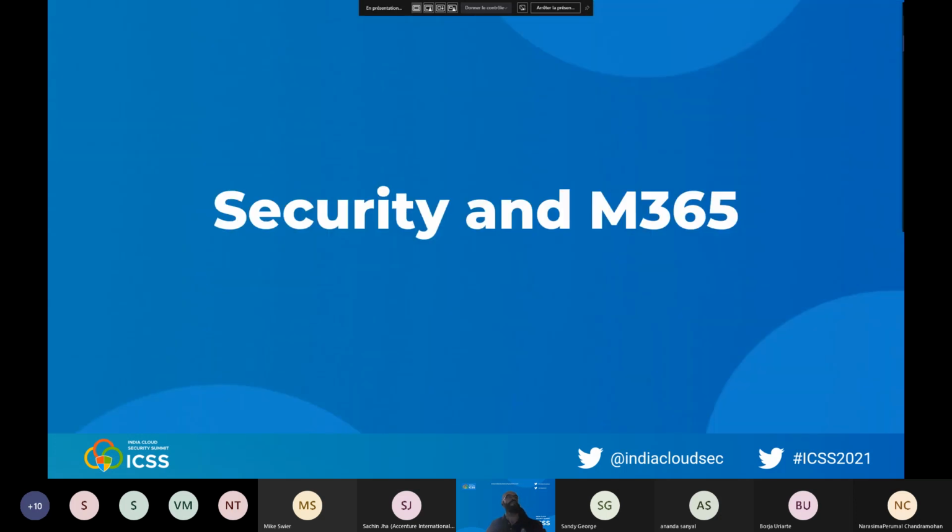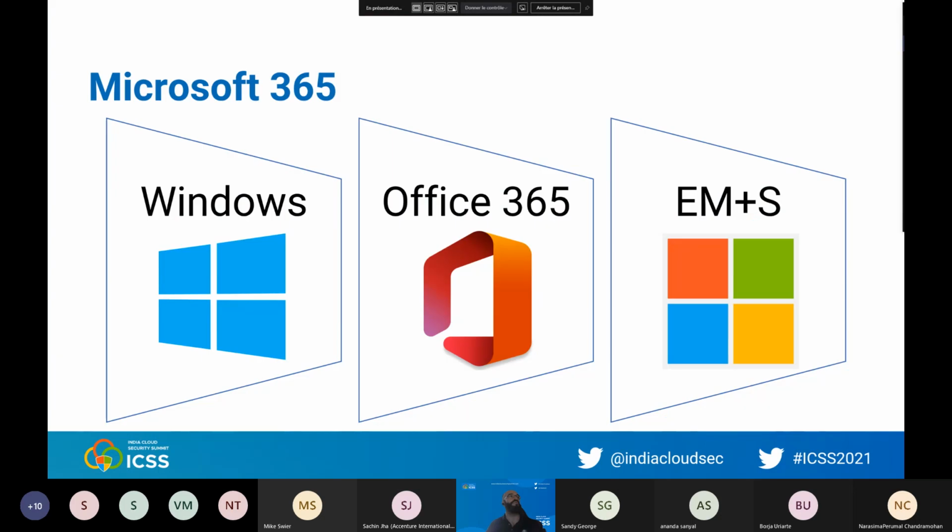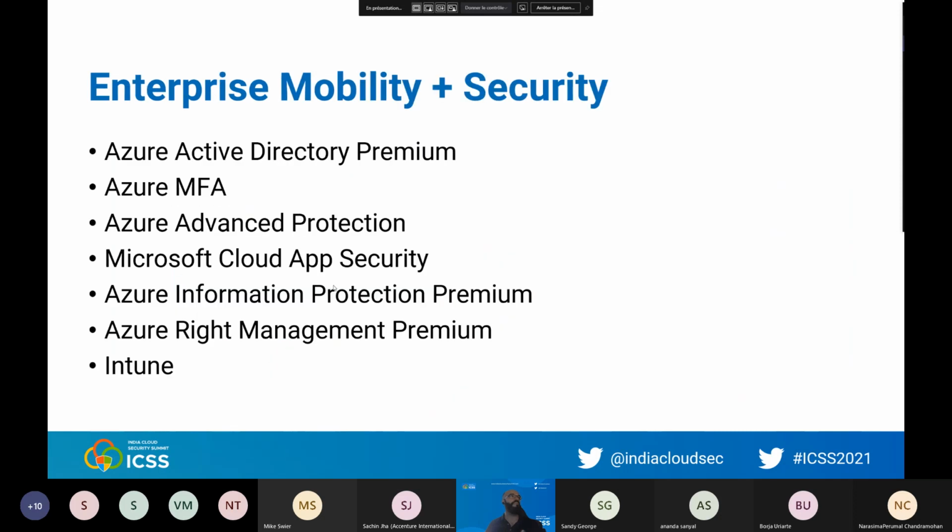So to understand Microsoft and security, most of the features we will talk about are part of EMS. When we talk about Office 365, those are the cloud features like Exchange Online, OneDrive, Teams, SharePoint, and so on. And when we talk about Microsoft 365, it's different from Office 365 because it includes Windows and EMS, and EMS includes Azure Active Directory Premium.